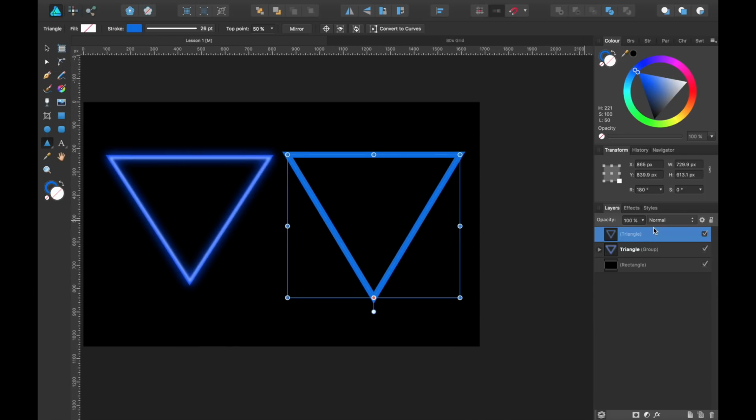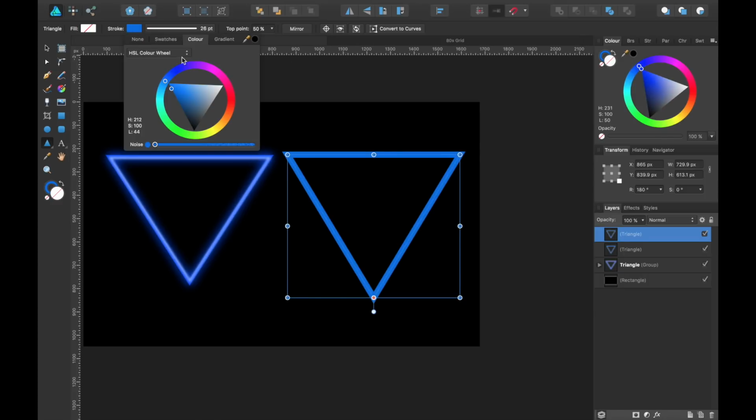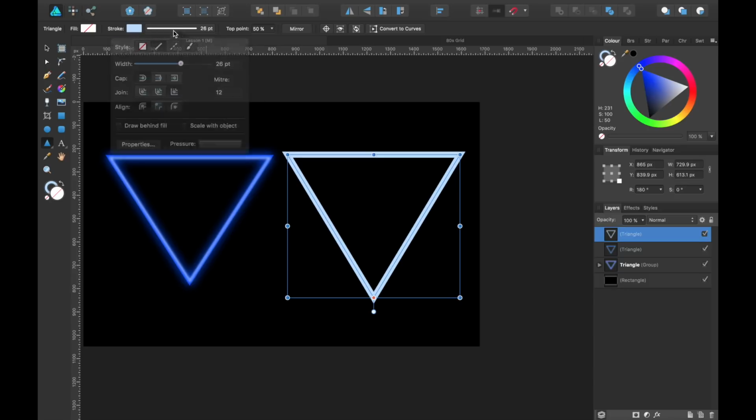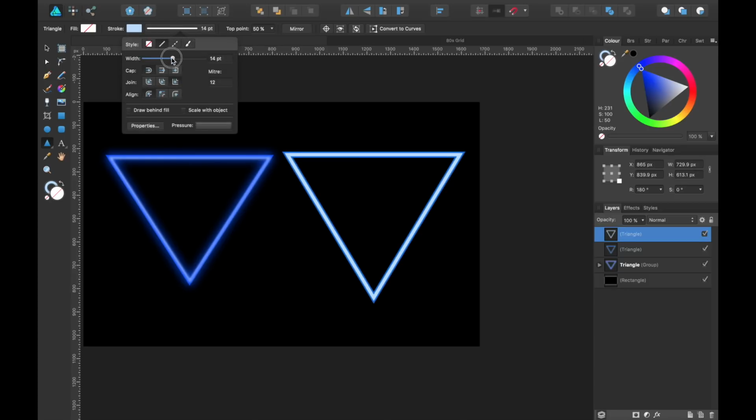Okay, so we're going to copy and paste. So we've made another triangle on top of that, and we're going to make it slightly lighter in color. So we go up to stroke again, and there we go, slightly lighter. And let's bring down the stroke. There we go.